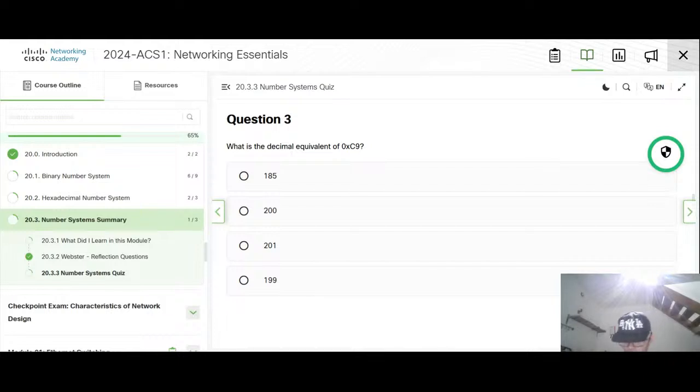12 is like 8, 4. 8 and 4 is 128 and 60 and 64, which is total.